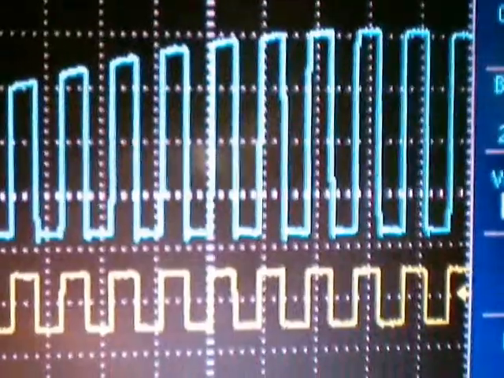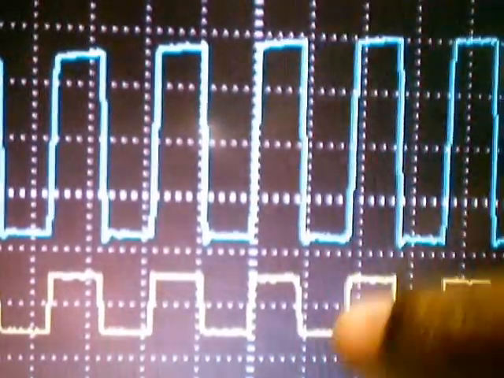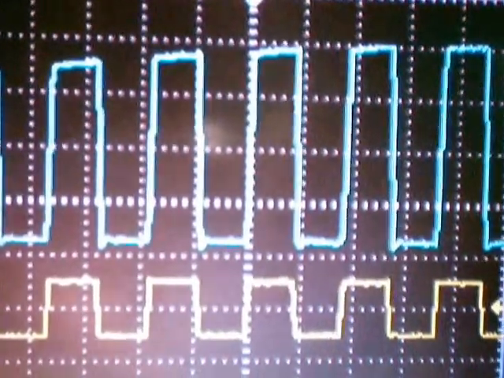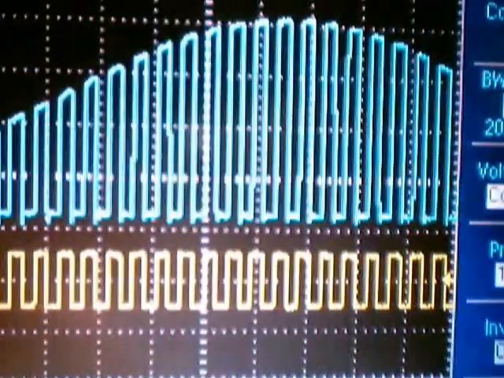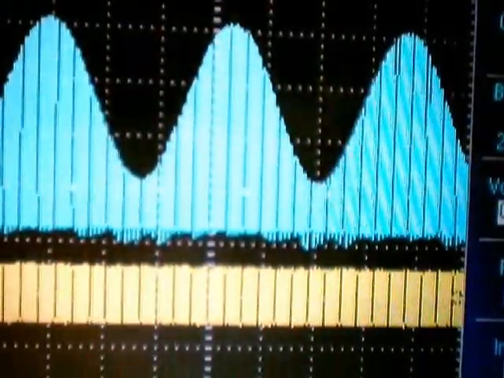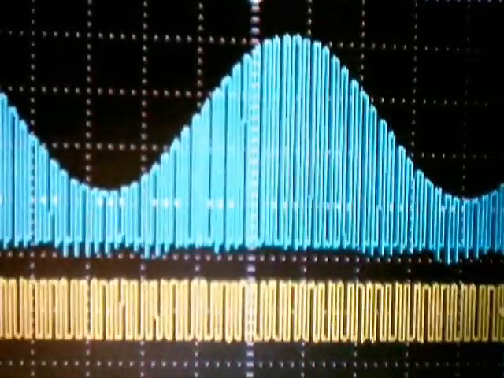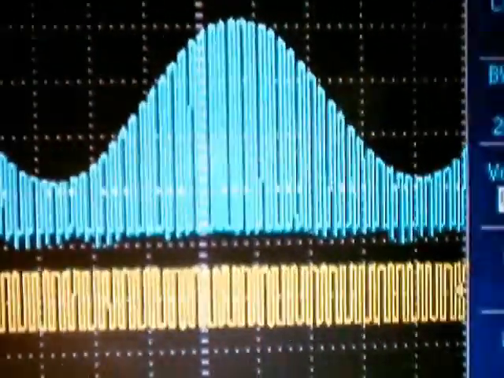Now you can also see, with the carrier frequency around 21 kilohertz, it is still valid. You can see that during the positive half cycle of the carrier it is turning on, during the negative half cycle it is off. You can see the pulse amplitude is varied according to the modulating signal. Here also you can clearly see the PAM signal, but it is more clear with a lower frequency. So without PAM you cannot get the demodulation. Using the DSO, even with a very high carrier frequency, you can still see the modulation.